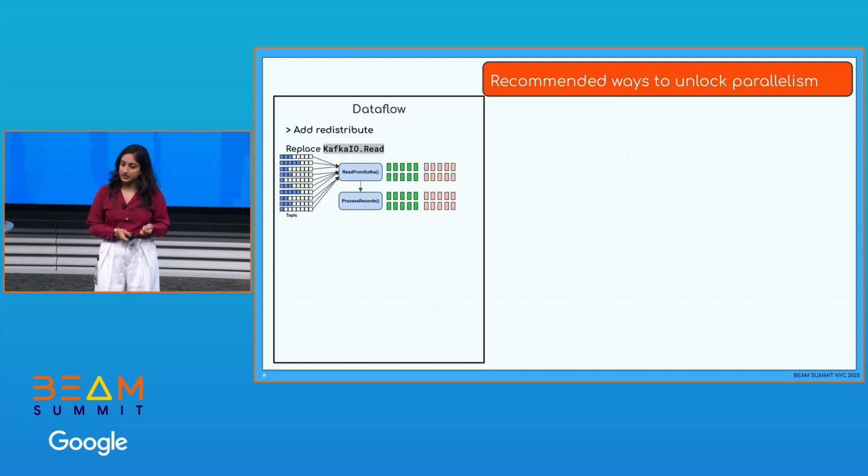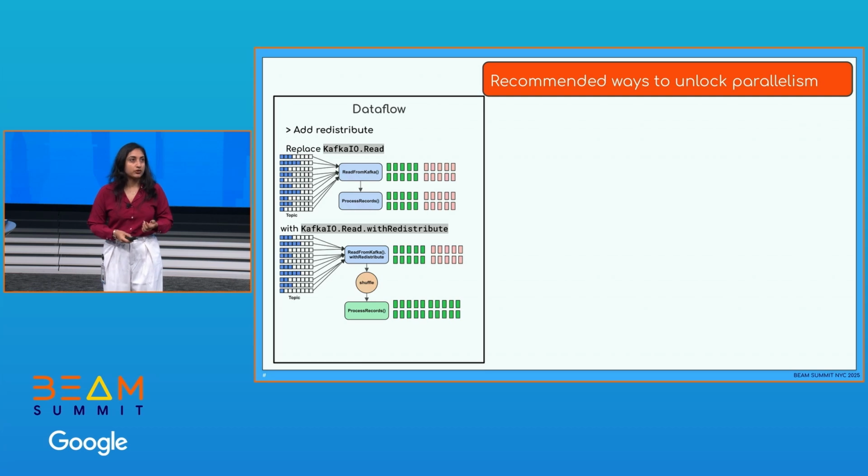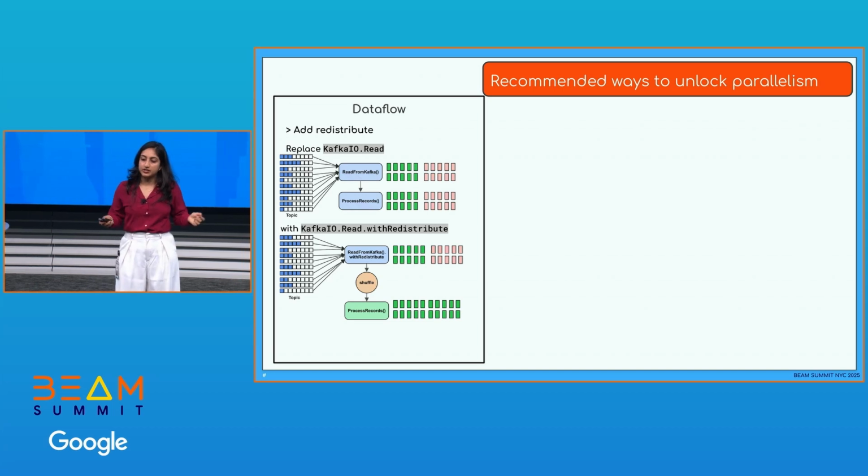First, it expands the key space by adding a shuffle step. Recall that each Kafka partition is read by one thread of a Dataflow worker. Instead of being bound to the same thread by which the records were read, records can be shuffled and distributed across more threads. For example, if there are 10 partitions and 100 workers, only 10 active threads are reading from Kafka at a given time. Adding a shuffle after read from Kafka can take the records from these 10 threads and redistribute them to 50